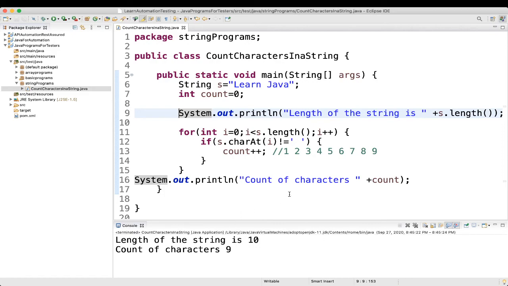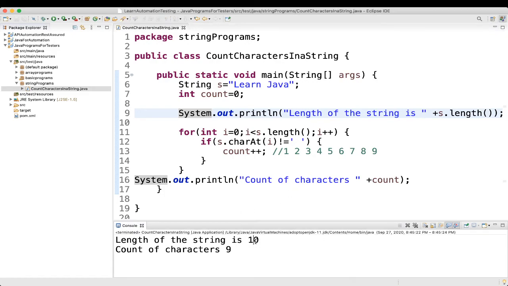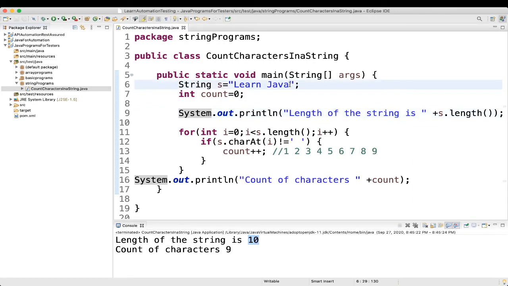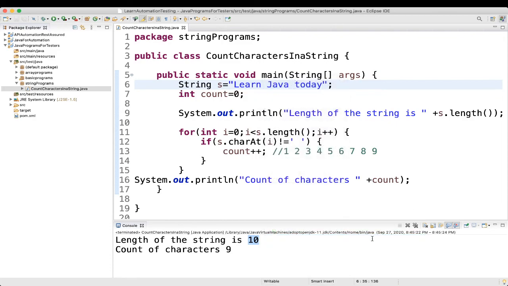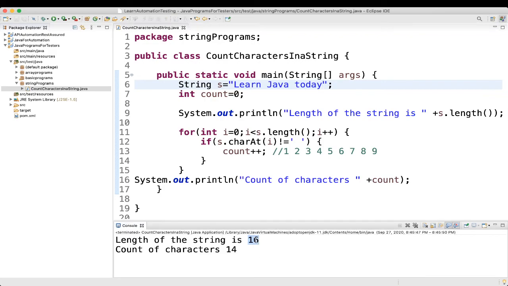Here we can see the length of the string is 10, but the count of characters is 9 because we are not considering this space. Similarly, if you want to add "today", we are adding another 5 characters, so it should be 9 plus 5, which is 14. And the length should be 16. See, the length of the string is 16, and the count of characters is 14.